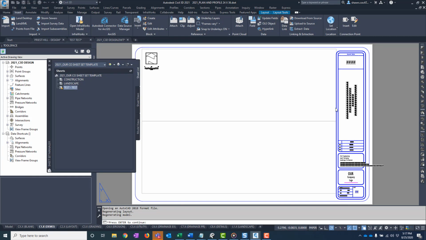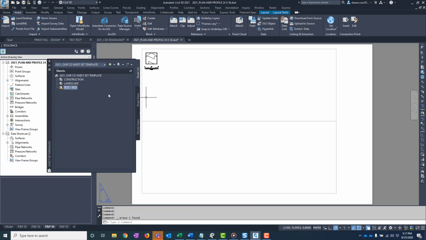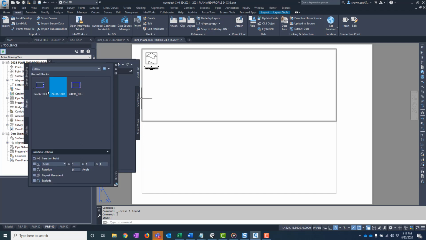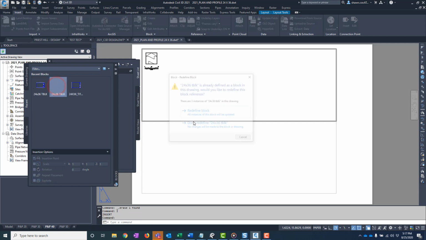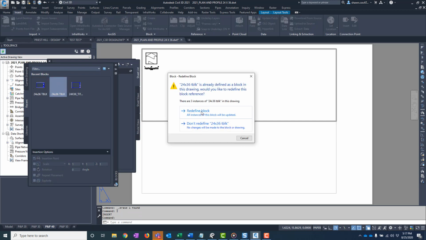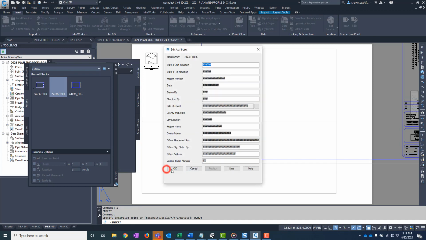In order to create these PNP sheets with the same automated sheet set labels I'm using in the regular drawing design template, I also need to make sure that this template file contains my current title block mapped with the proper attribute field connectors. When the file opens, this time I delete the old title block from one of the layouts and relaunch the block insert palette so I can insert the revised version of the title block from the Recent tab of the palette like I did before. After redefining the block definition and placing the block where it goes, I'll save and close the file,